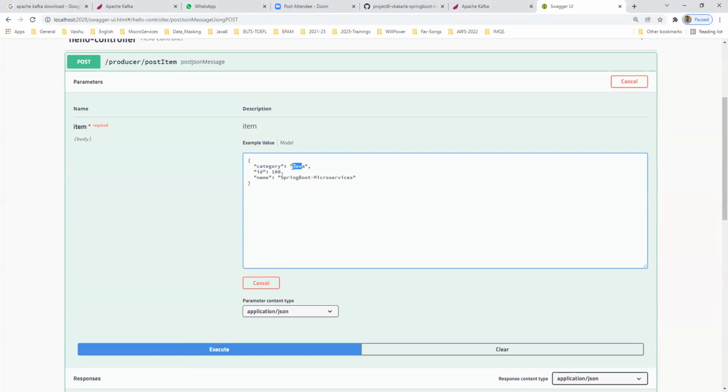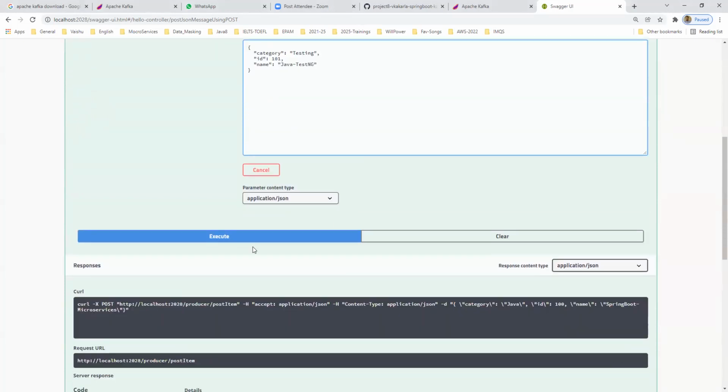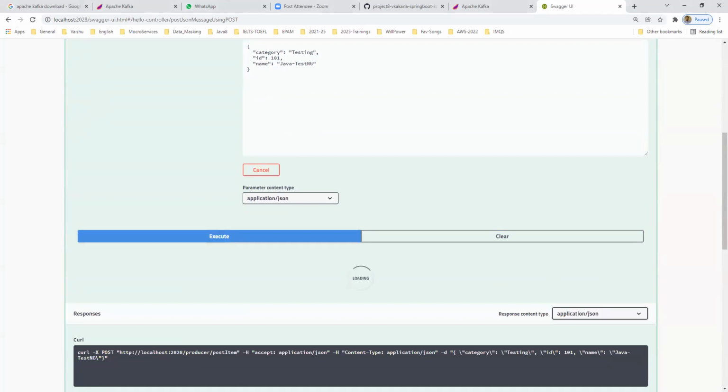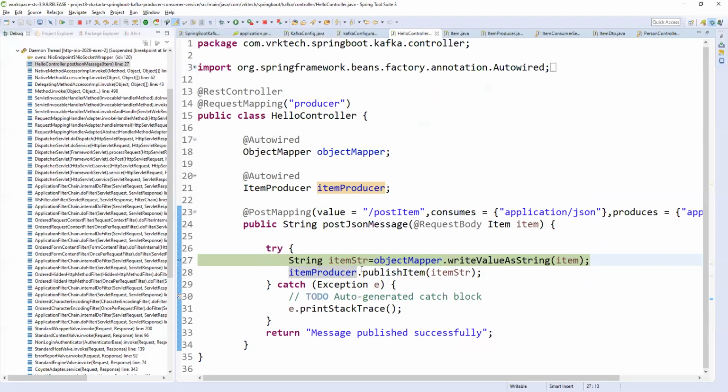This time I will give the category as testing. The ID will be 101 here, and the name is Java test engine. I'm executing this and coming here.